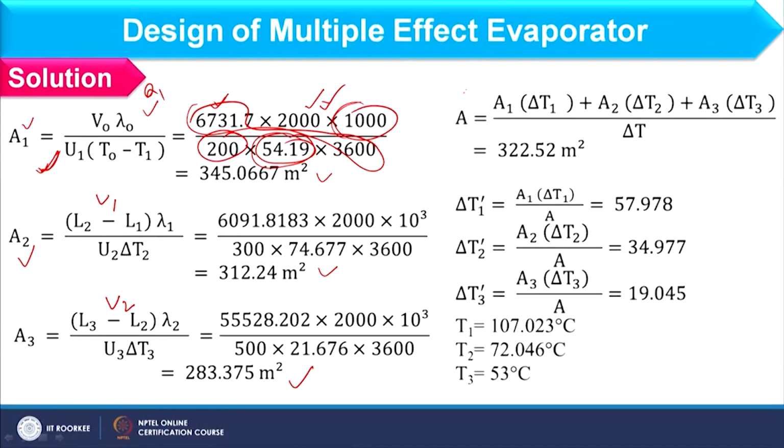So, that you can find out considering this equation where A is equal to A1 delta T1 plus A2 delta T2 plus A3 delta T3, and it should be equal to A delta T, right. So, average area we can find as 322.52, and you should consider here that average area is basically on temperature difference weight. Okay. So, we can find out revised temperature difference as delta T1 dash, and from here onward we have second iteration,